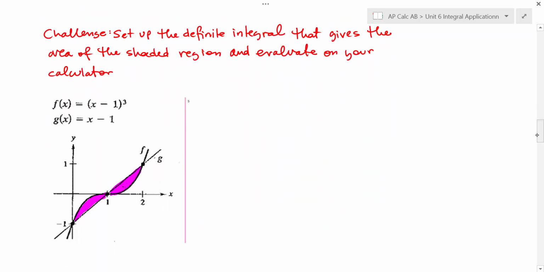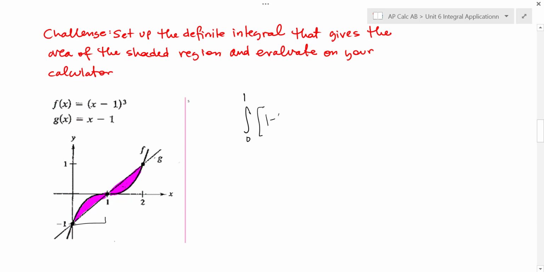Okay. Let's go over a challenge real quick. These notes are quick today. Set up the definite integral that gives the area of the shaded region and evaluate on your calculator. All right, so this one's a little bit funky because we have the functions kind of intertwined. So we're actually going to do 2 integrals for this. The first interval that we're doing is going to be from 0 to 1, because from 0 to 1, function f is on top. So from 0 to 1, we're going to do f of x,